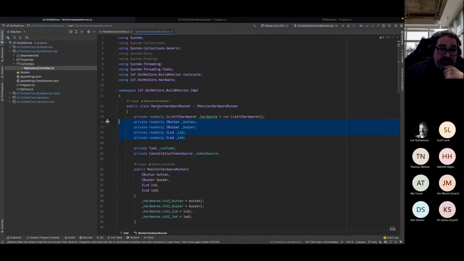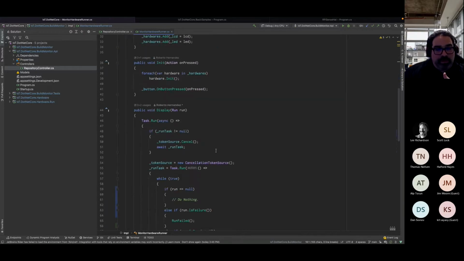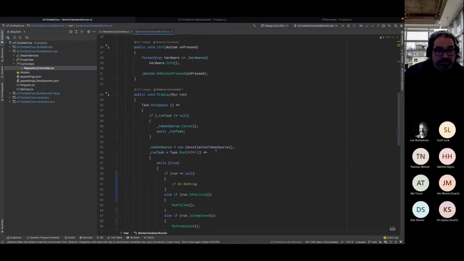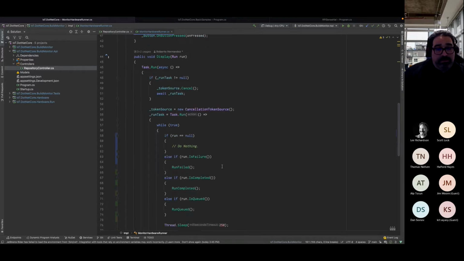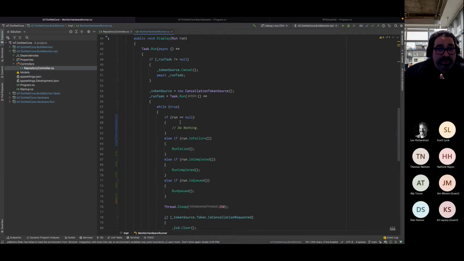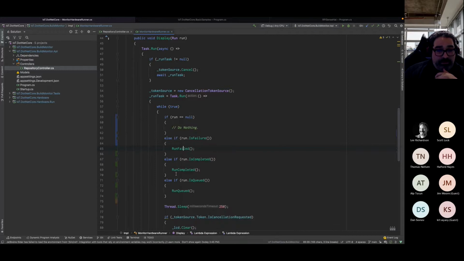In this scenario, though, the monitor hardware runner is using that in a more complex way. It's taking in the run information from GitHub and going through the task and saying, hey, if GitHub says it's a failure, run failed. And what would a run failed scenario look like? A run failed, oops.